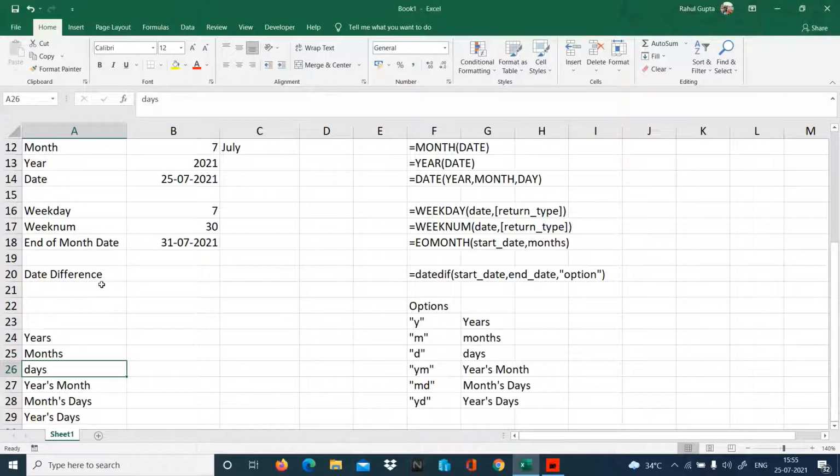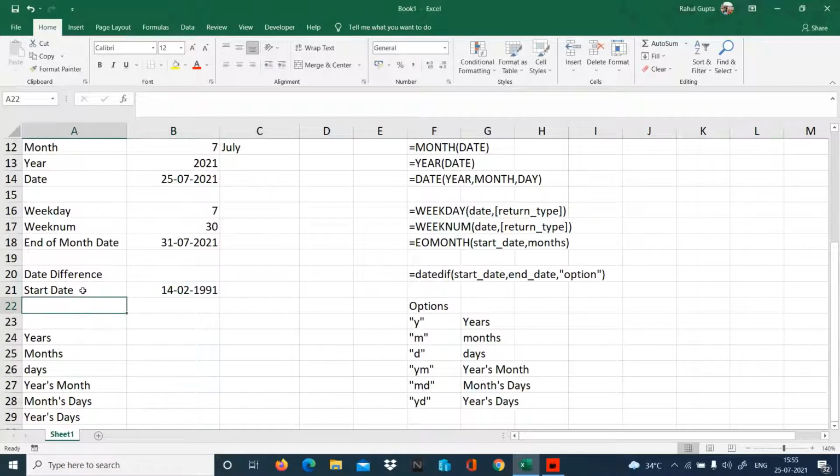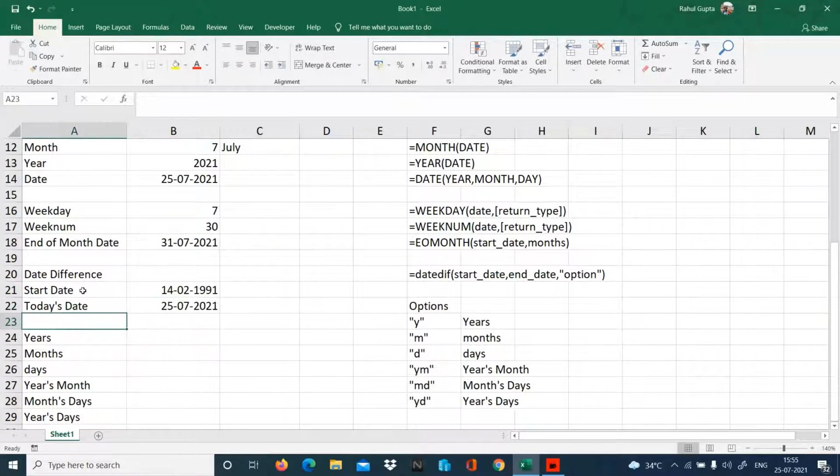Now start date I'm writing over here. Let's suppose it is 14th of February 1991. Now I'll type today's date over here: is equal to today, bracket open, bracket close. Make sure when you're typing the date, it should be in the same format which your system supports.